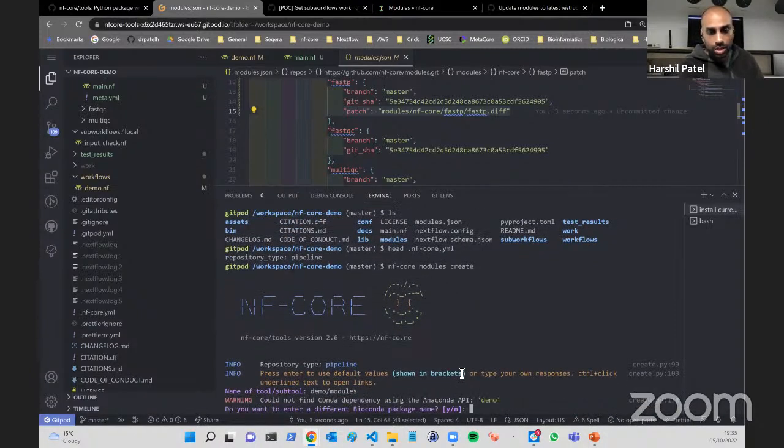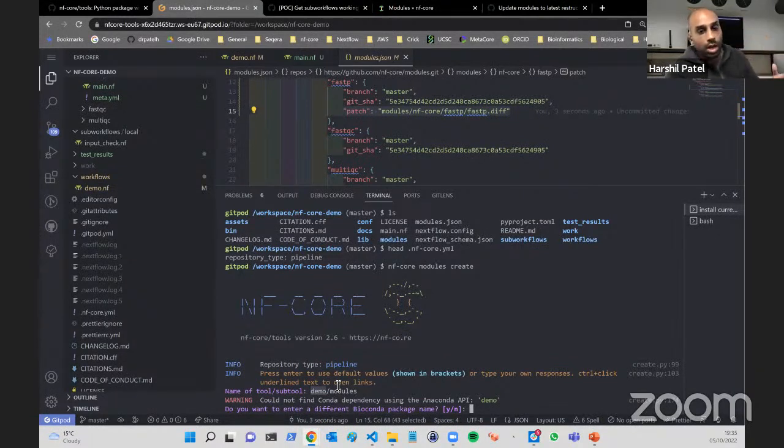Do you want to use a different Bioconda package name? No. So what this is doing is, if the first part of the name of this tool matches something that's on Bioconda, when nf-core tools creates this package, it will automatically populate the container fields for you. It'll say, okay, you're using a module called samtools/index. It will go away, look for samtools on biocontainers, and it will then populate the container definitions automatically for you